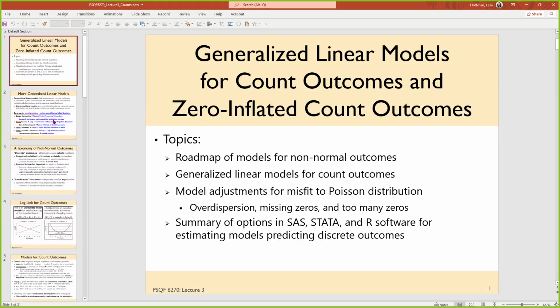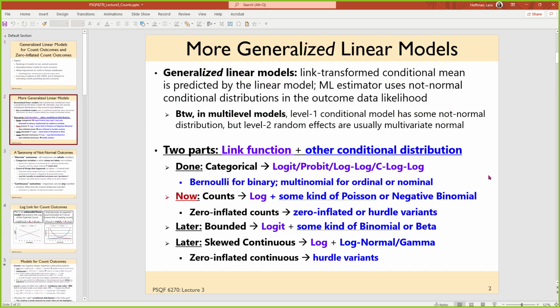So we were talking about last time where we've been and where we're headed. Everything that we've talked about so far falls under the category of what's known as a discrete outcome. So categorical outcomes, as well as where we're at right now, are counts, which you can only have whole numbers as counts for your data, and so there are certain distributions that only have whole numbers in them that go with this. After spring break, we will get into continuous outcomes that are still not normally distributed, where there's some kind of boundary, for instance, a boundary at 0, and that will rely on our friend Logit with some kind of binomial or beta binomial combination.